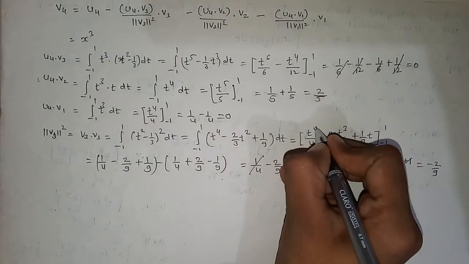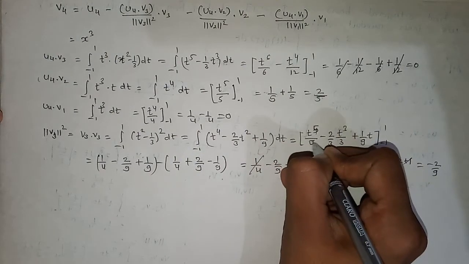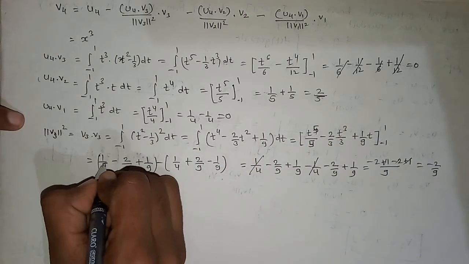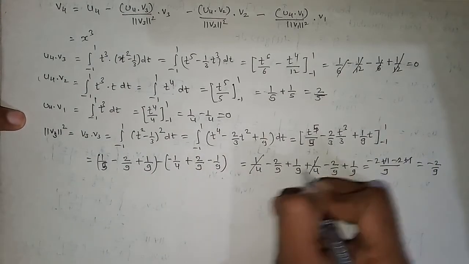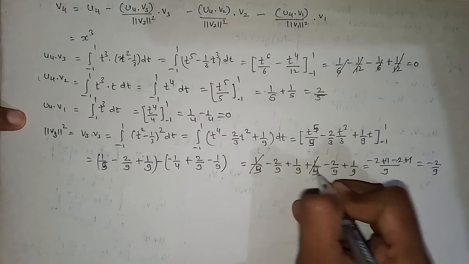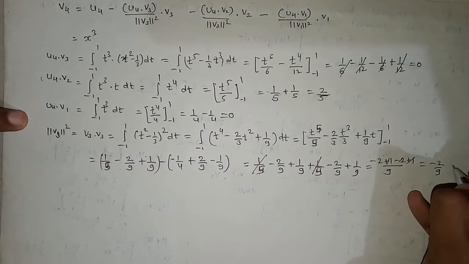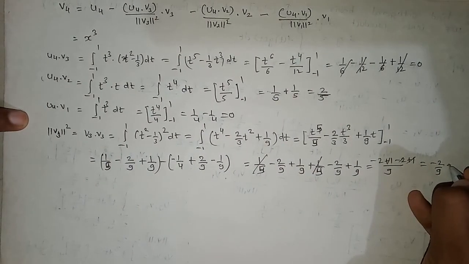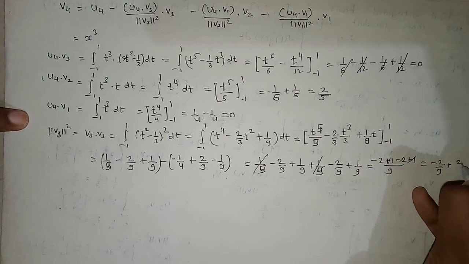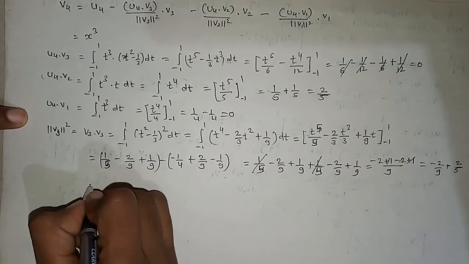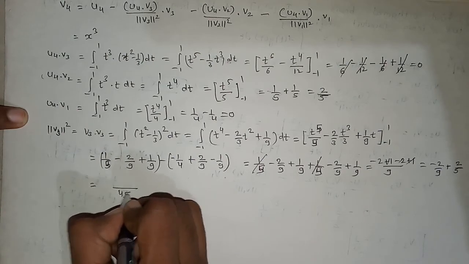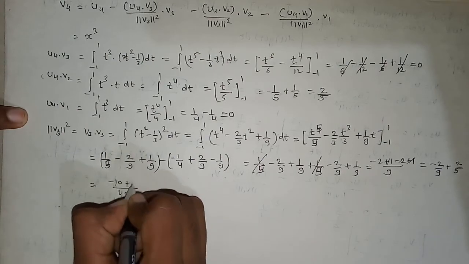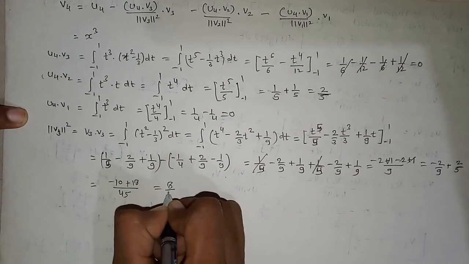We have made one mistake. This is t raised to 5 by 5. So this is 1 by 5 and this is minus 1 by 5. So 1 by 5 plus 1 by 5, so this term is not getting cancelled. So this is minus 2 by 9 plus 2 by 5. So on solving this, we are getting 9 5s are 45 minus 10 plus 18. So 8 upon 45